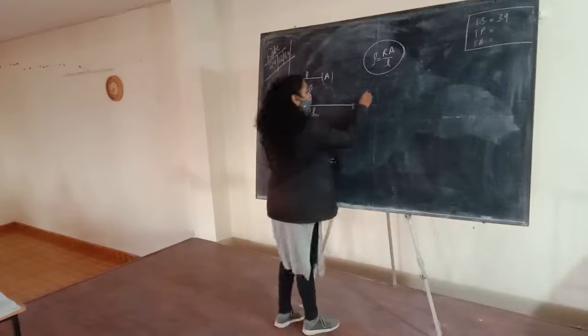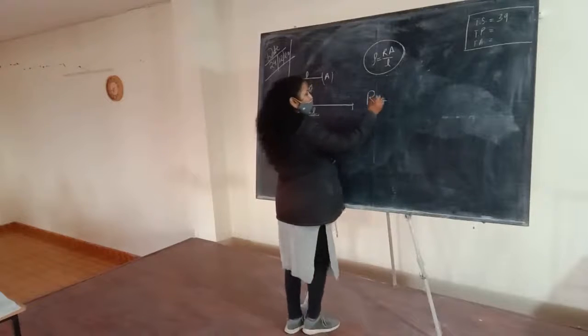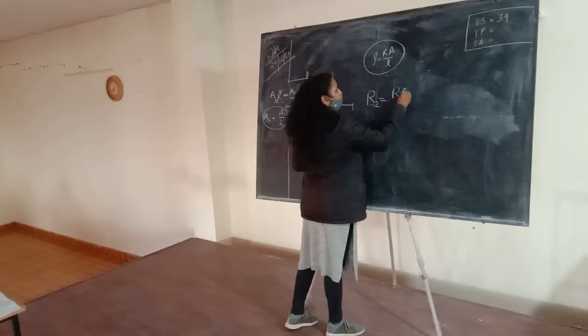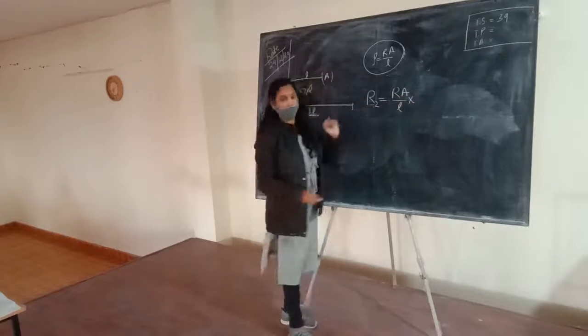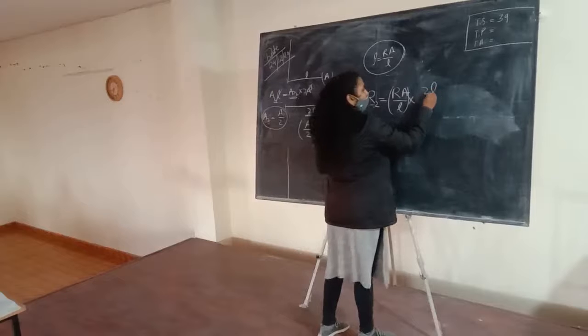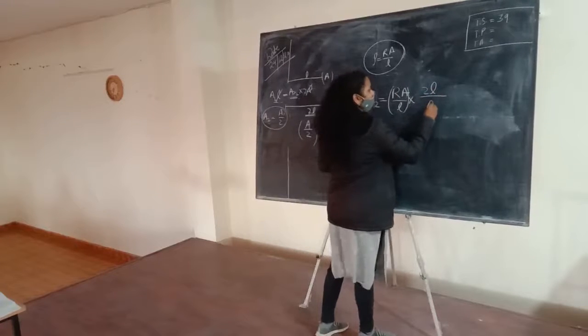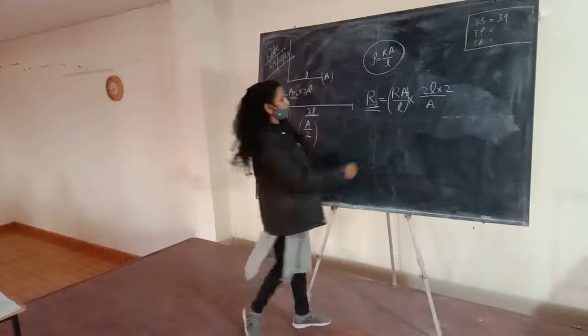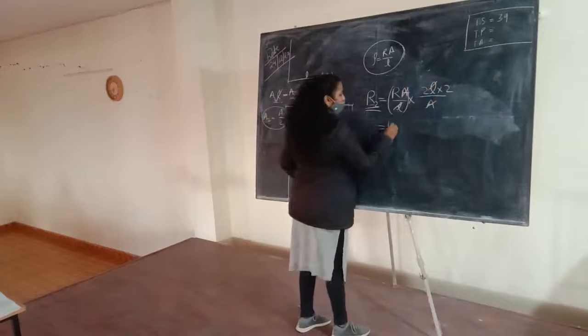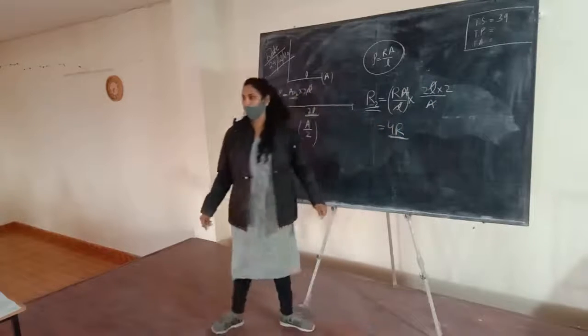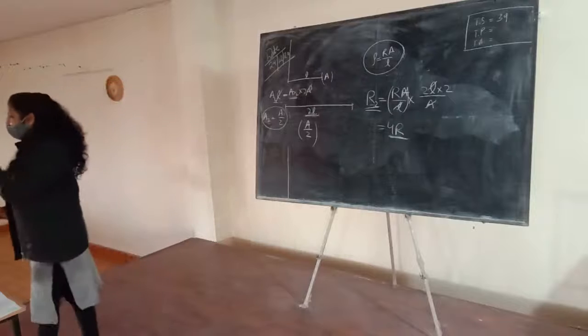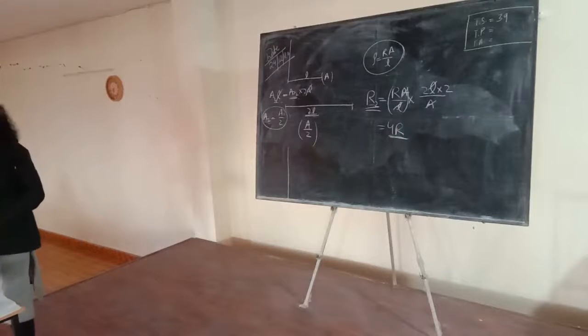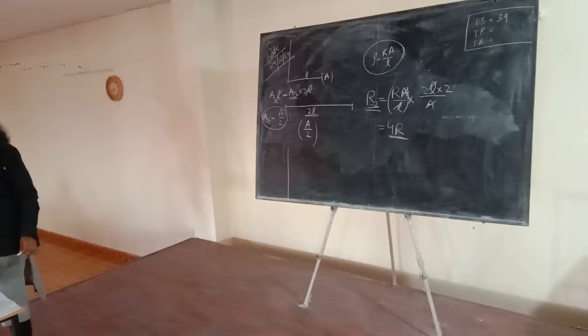So we can say what the new resistance of the wire should be. The value of rho is RA upon L. It will be rho into L upon A. What is the length of the wire now? 2L. And the area is how much? It is A upon 2. So can you find the new resistance of the wire? It will be 4 times the initial one. Is it clear? Resistivity is the basic property of the material. It does not change on changing the length or the area of cross section. It only changes by changing the temperature of the wire. Okay? Clear? Any other doubt?